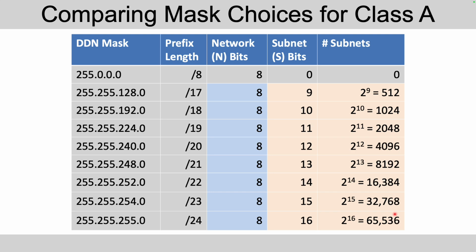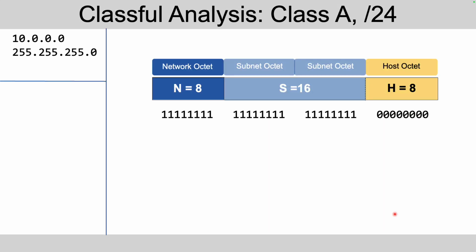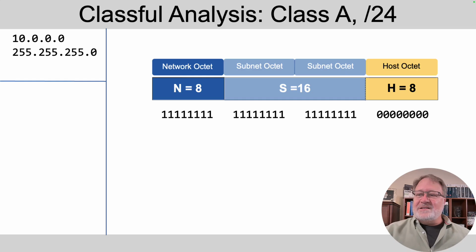Those are some examples of masks in the context of what I'm talking about, having to expand our process to find all subnet IDs. Now, if we start thinking about our process with this kind of expansion, let's think about, say, a mask of /24 with a Class A network. Well, if we think about our classful analysis, we've got 8 network bits because we're subnetting a Class A network. With a /24 mask,